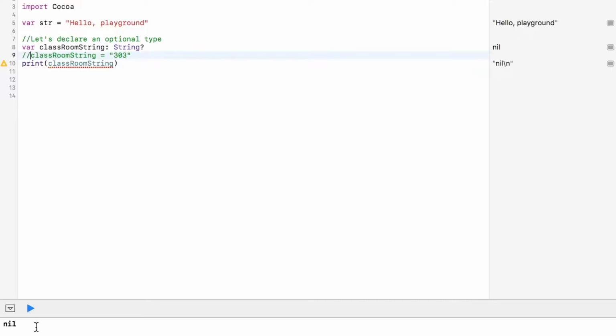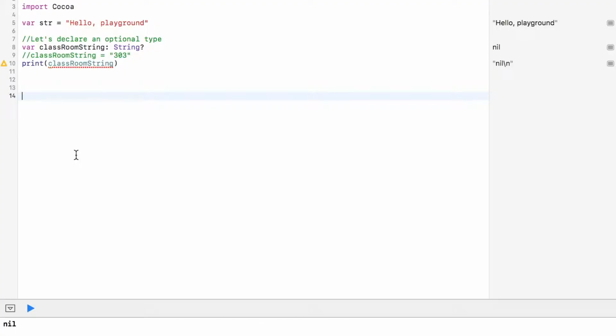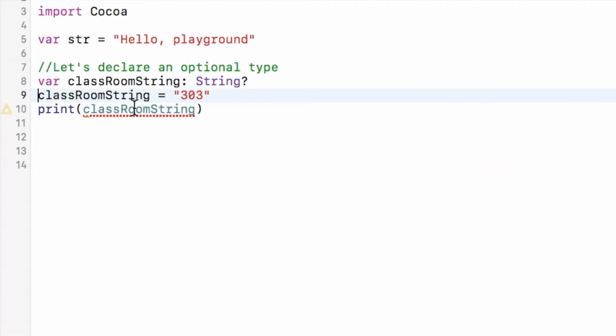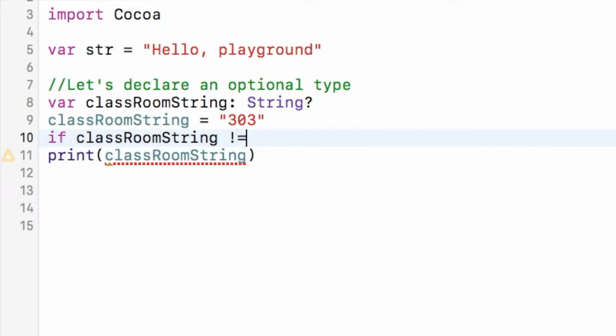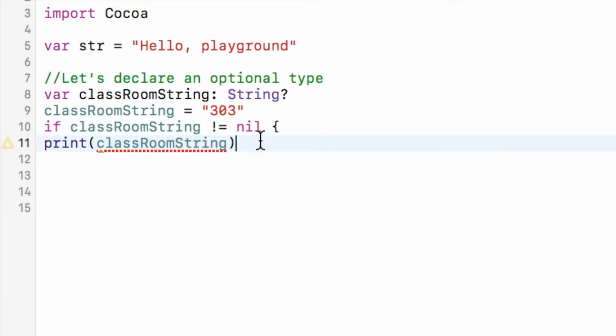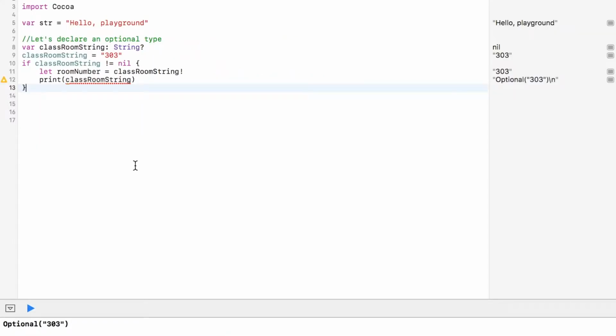We want to know when our variables are nil so that we can execute code based on whether there is a value there or not. Let's use a conditional to check out what's going on up in this variable's house. For instance, let's pretend that some operation we coded up generated a room number for the classroomString. We want to assign that room number to a new variable and log it to the console. So if we did something like if classroomString is not equal to nil,